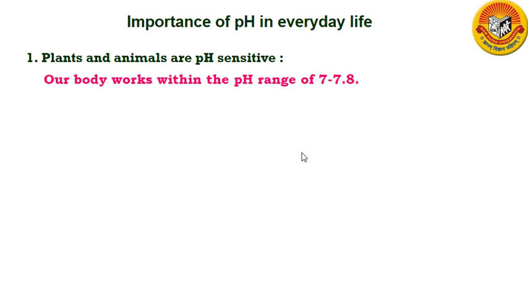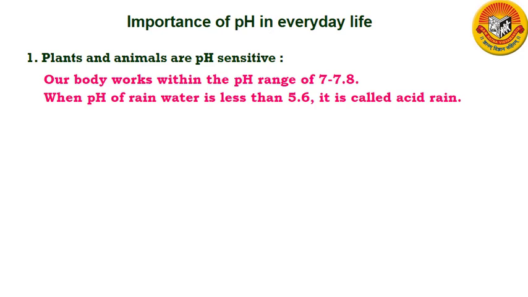Our body works well within a narrow pH range of 7 to 7.8. If due to some reason this pH range gets disturbed in the body of a person, then many problems can occur. Similarly, when the pH of rainwater is less than 5.6, it is called acidic rain and it is harmful